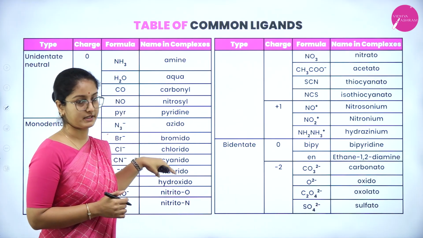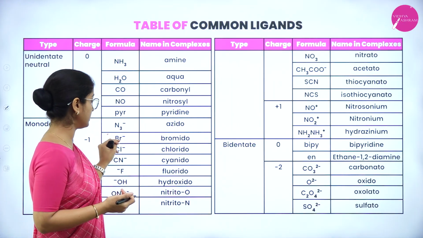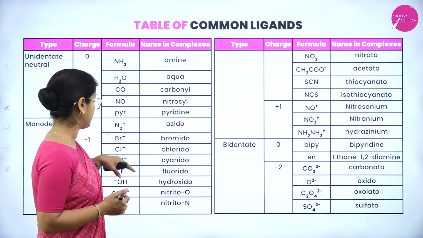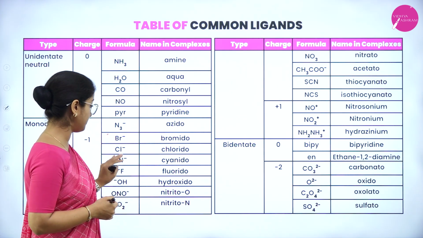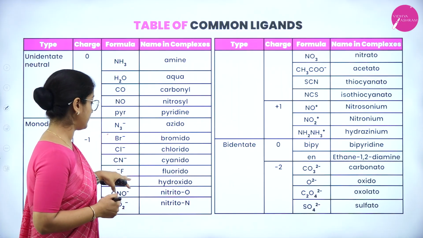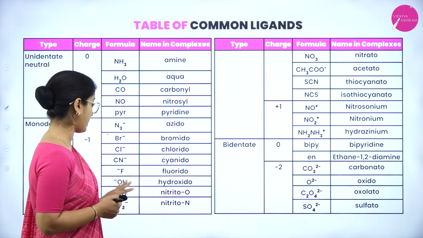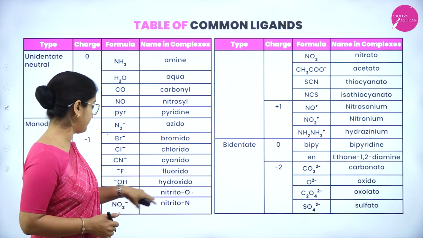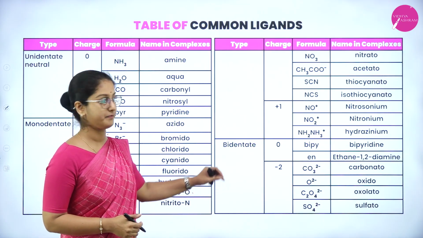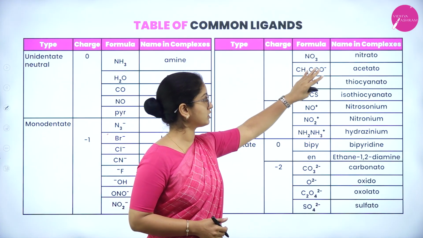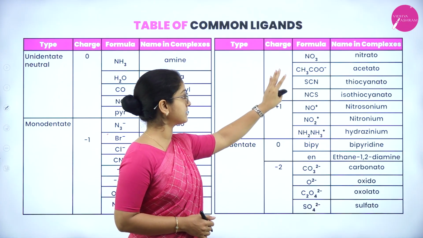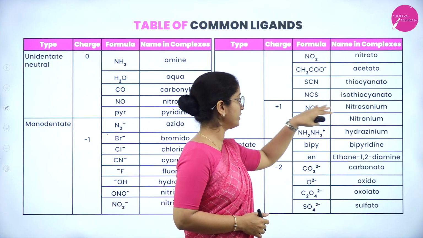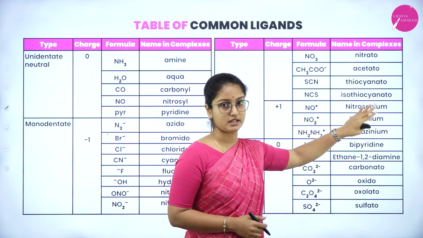It is a name for the pyridine. So next one is monodentate with -1, that is N3- is azido, then Br- is bromido, then Cl- is chlorido, CN- is cyanido, then F- is fluorido, OH- is hydroxido, ONO- is nitrito-O, NO2- is nitrito-N. Then continuing the same, NO3- is nitrato, then CH3COO- is acetato, then SCN- is thiocyanato, NCS- is isothiocyanato,